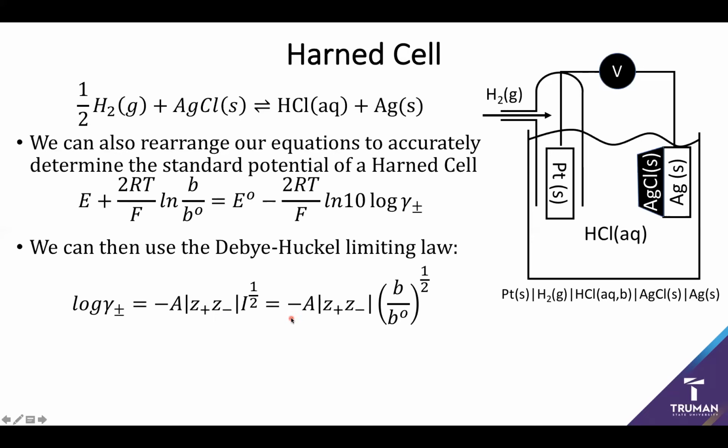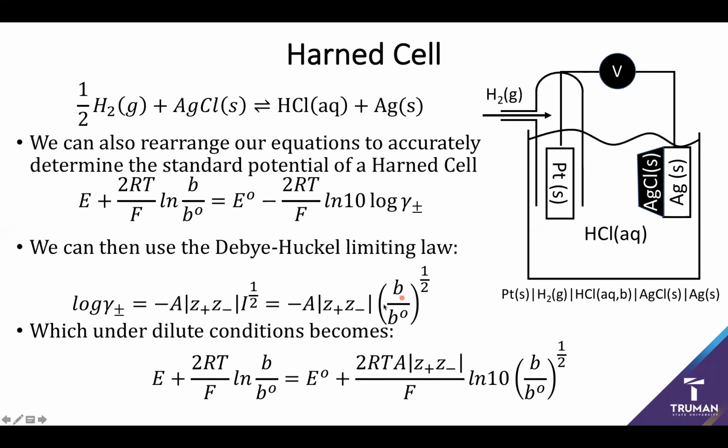But where we get really lucky is that the only ion present in the system is going to be our HCl. So in this case, because I've got a single ion species, my ionic strength is simply going to be the molality of HCl being used, which is going to be a very nice simplifying technique. So this means that under these dilute conditions, which control the Debye-Huckel limiting law, I can relate my potential and concentration to my standard state potential, and again, a longer expression for my standard state